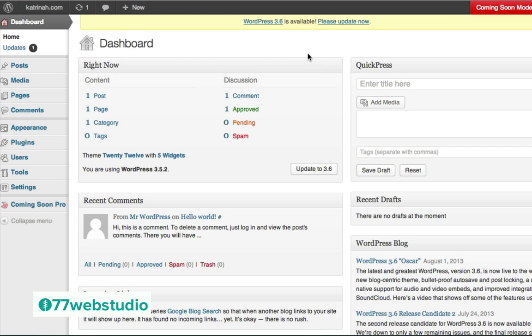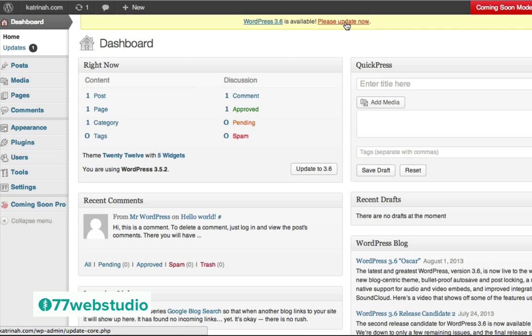So here we are on the dashboard. This is the first thing you'll see when you log in to your WordPress website. As noted in the previous step, we had installed version 3.5.2 of WordPress. However, at the time of this recording, there's a new version of WordPress, WordPress version 3.6, and this is actually the version we want to use in this video. So if you have already installed WordPress version 3.6, you can skip this next step. And if you have another version of WordPress, a previous version, and you're on a clean install of WordPress, then you want to go ahead and click on this link here to update your WordPress core version.